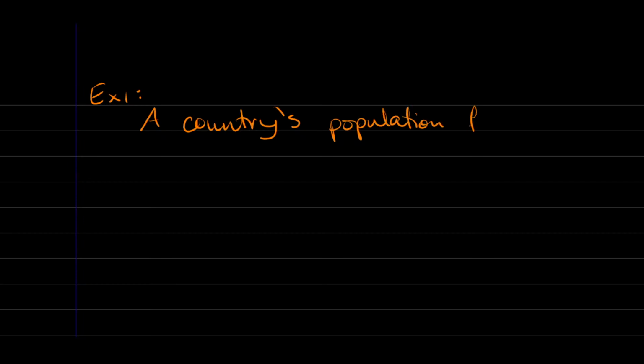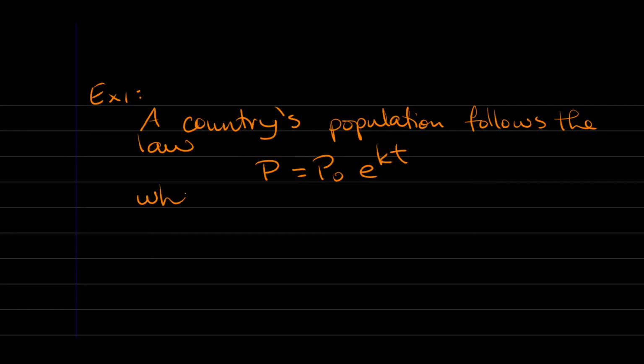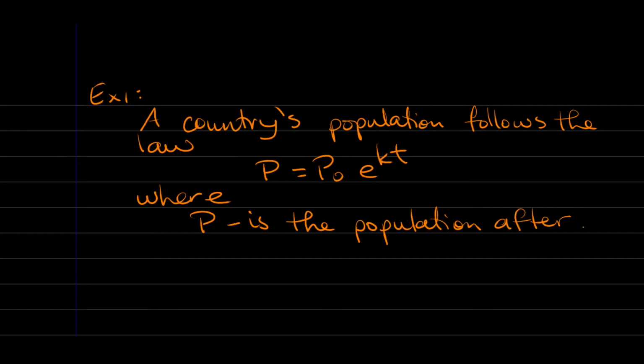A country's population follows the law P equals P naught e to the kt, where P is the population after t years,